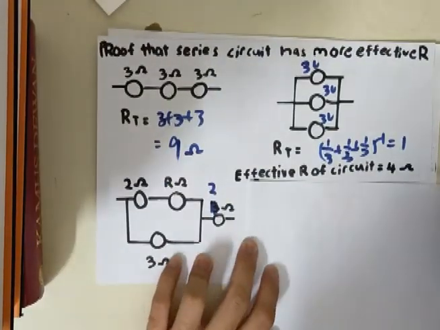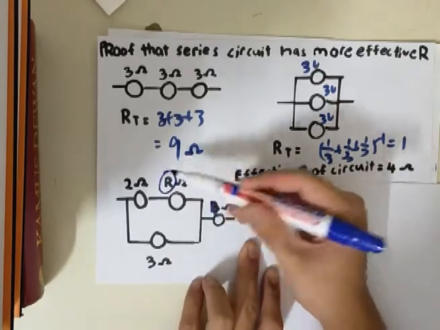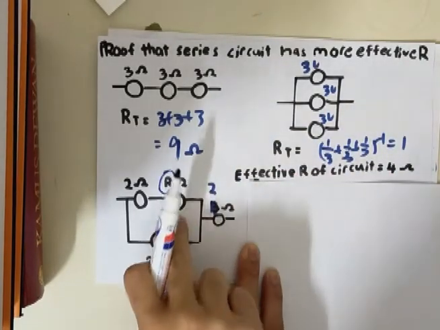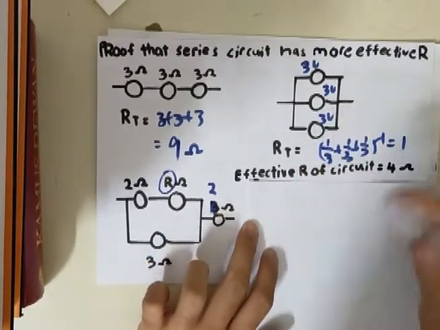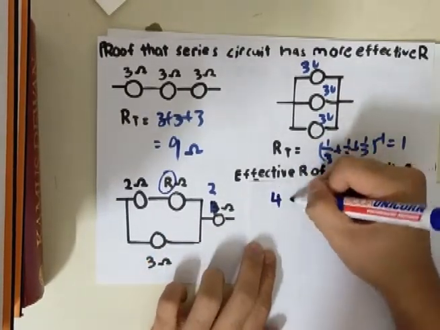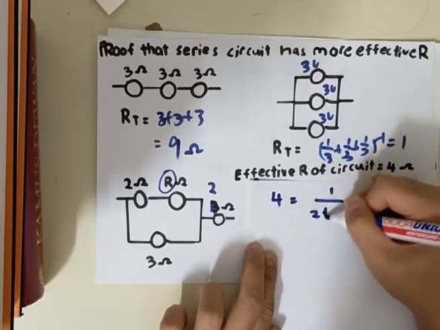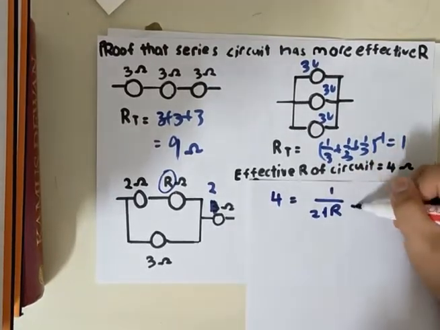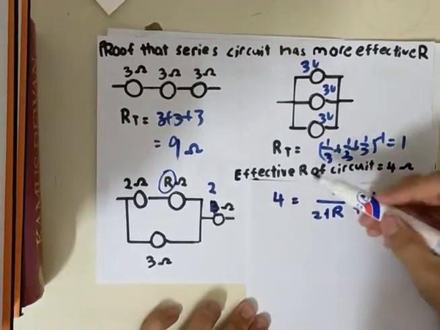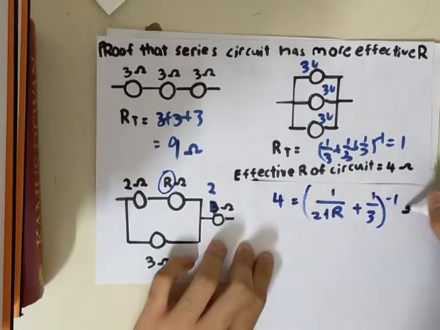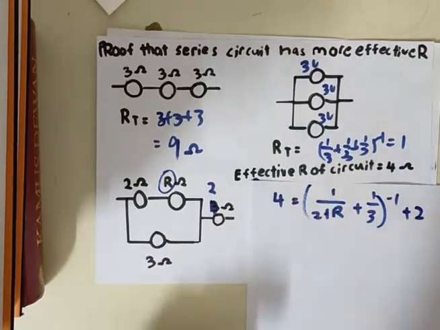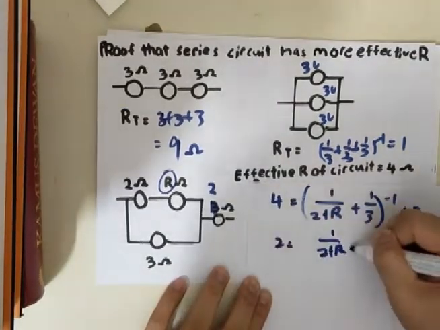Yeah, so here's an example. We have to find the resistance of this resistor R, and we are given that the effective resistance of the whole circuit is 4 ohm. So we just write down 4 equals (1 over 2 plus R plus 1 over 3) to the power negative 1. This is the formula, right? And plus 2. So here we'll get 2 equals to